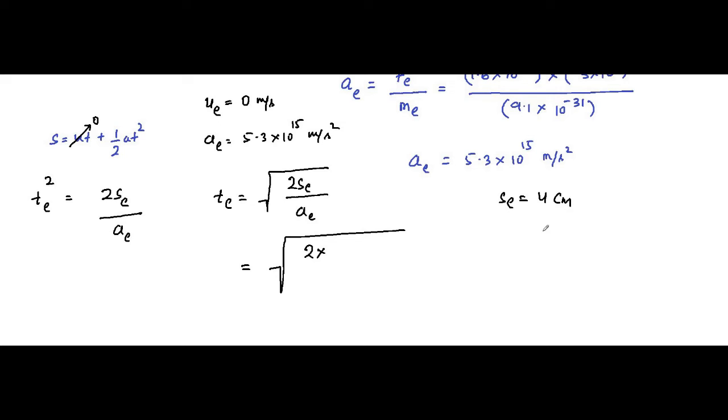That is equal to 4 into 10 to the power minus 2 meters. So we'll substitute this value here because everything has to be in MKS units. 2 into 4 into 10 to the power minus 2, acceleration is equal to 5.3 into 10 to the power 15 meter per second square, and that is equal to, the result is, if we calculate, it is coming around